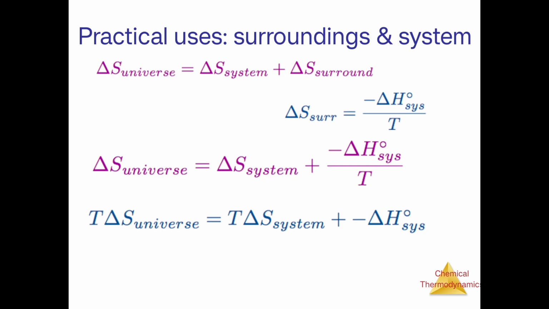You will get temperature times the change in entropy of the universe equal to temperature times the change in entropy of the system minus the change in standard enthalpy of the system. That will be accounted here as the free energy that was given by Gibbs. So it is named Gibbs free energy, because you will get the negative value. That is why the negative sign is given, because